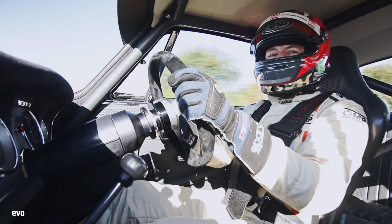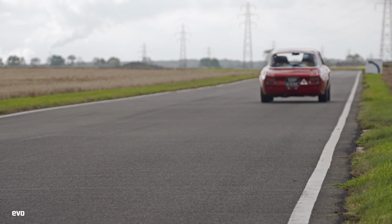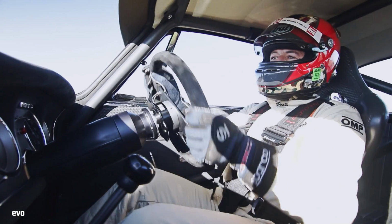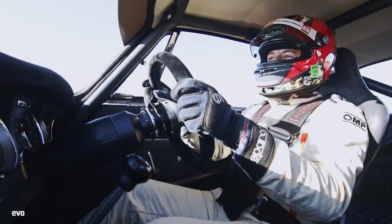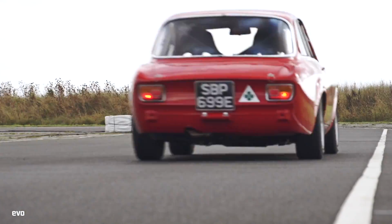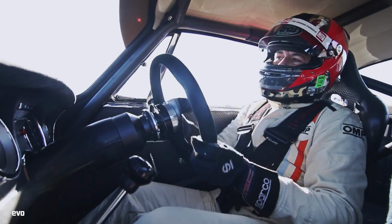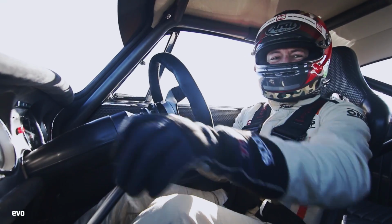This car is around £106,000 plus VAT, which does make your eyes water a bit, but believe me when I say